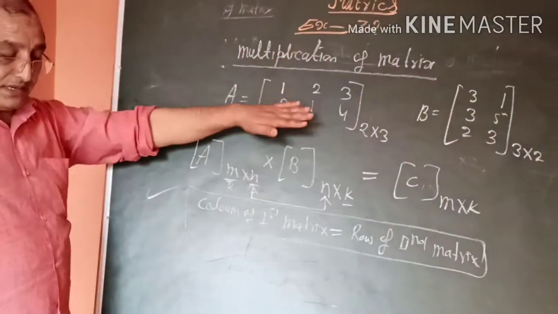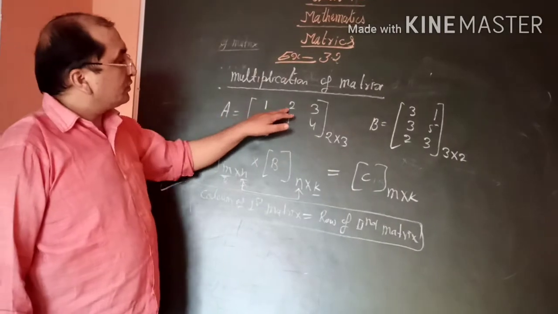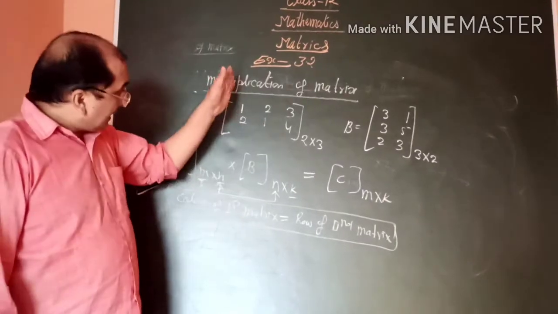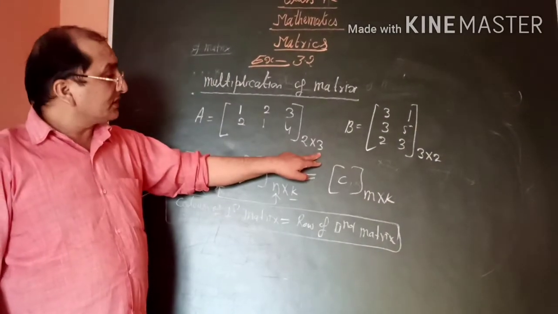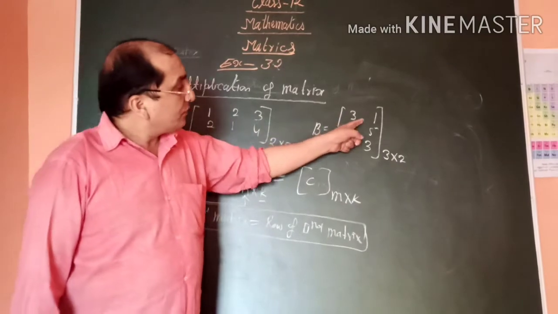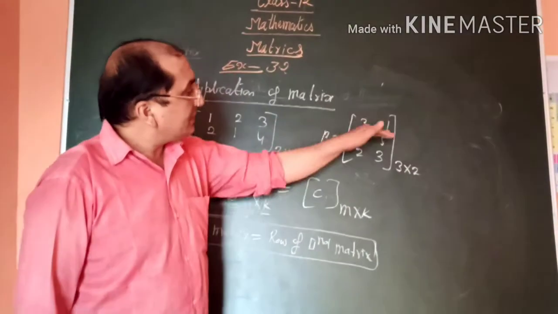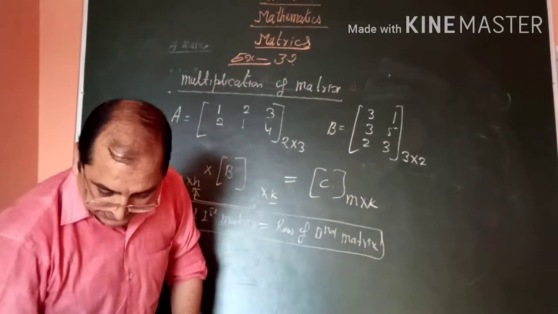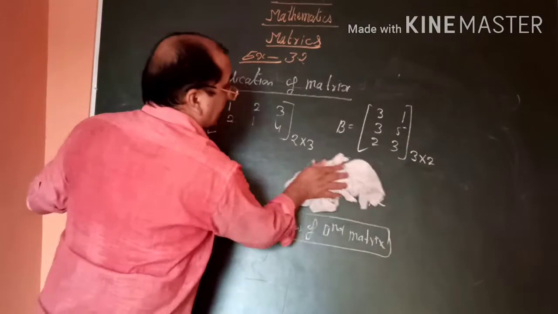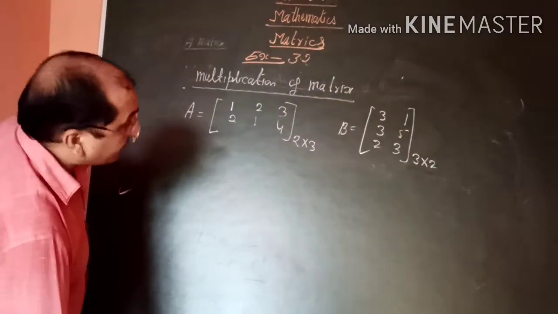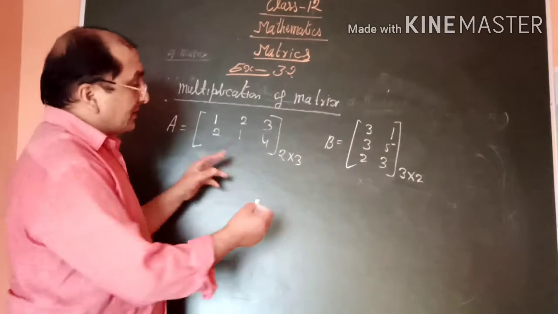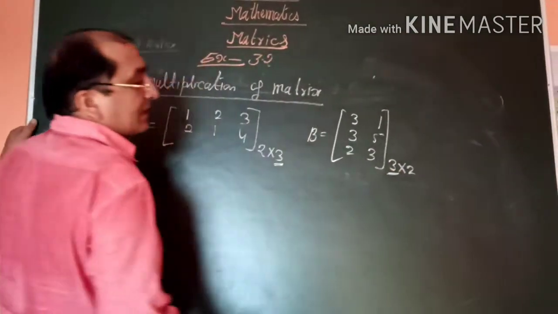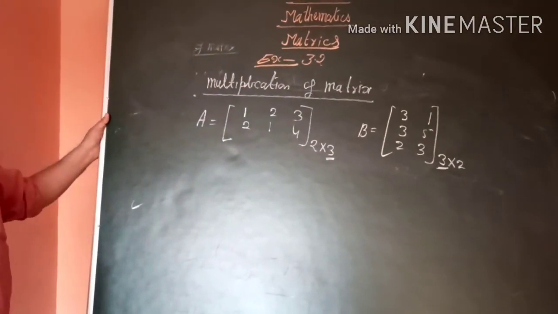Now see, I have written here matrix A as 1 2 3 3 2 1, having 2 rows and 3 columns, so its order is 2 cross 3. Another matrix B, 4 1 2 2 3 1 3 5 2 3, has 3 rows and 2 columns, a 3 cross 2 matrix. Is its multiplication possible or not? First of all we will check. 2 cross 3 means the number of columns of the first matrix is the same as the number of rows in the second matrix, so multiplication of the matrices is possible.